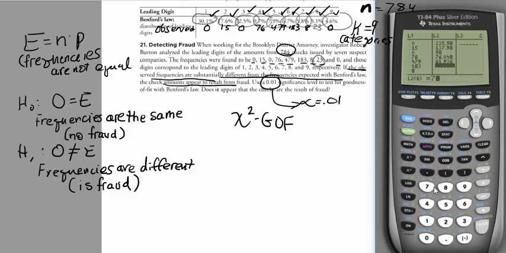And the next one, 784 times 0.067. And the next one, 784 times 0.058. And the next one, 784 times 0.051. And the next one, 784 times